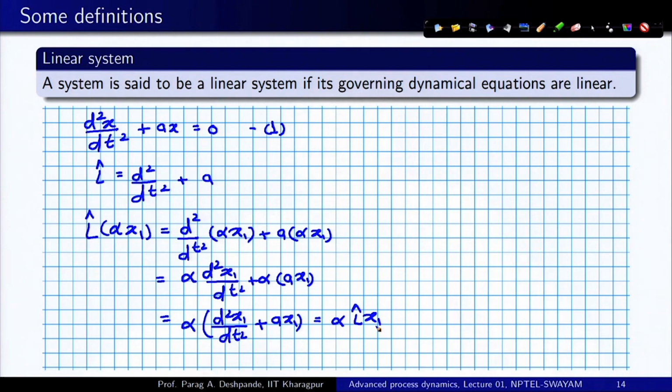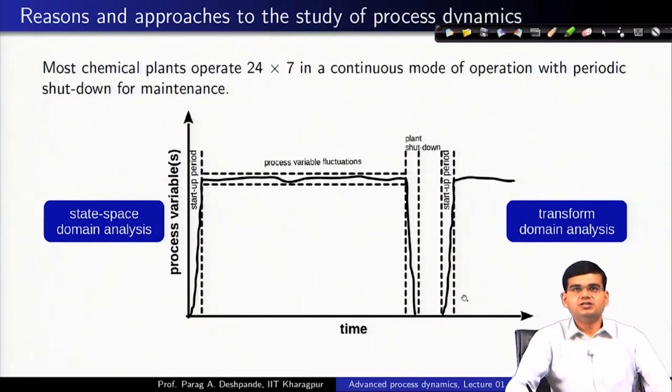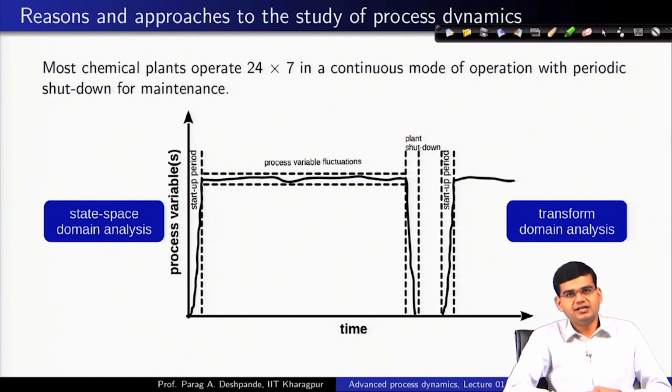So, the second property is also satisfied, and I see that L operating on x1 plus x2 is equal to L operating on x1 plus L operating on x2, and L operating on alpha times x1 is alpha times L operating on x1. So, therefore, the operator L corresponding to this equation in fact is a linear operator, and therefore, the equation also is a linear equation. So, now the final question which arises in our mind is how to analyze the dynamics or analyze the